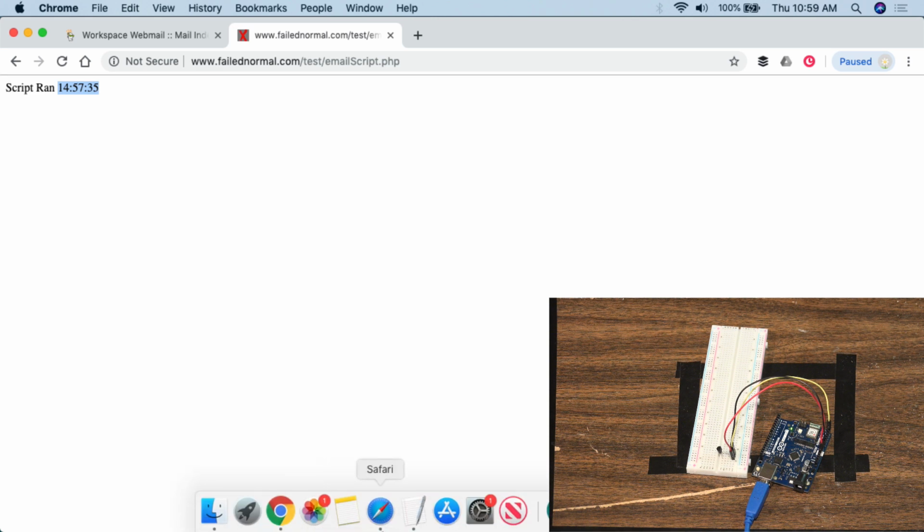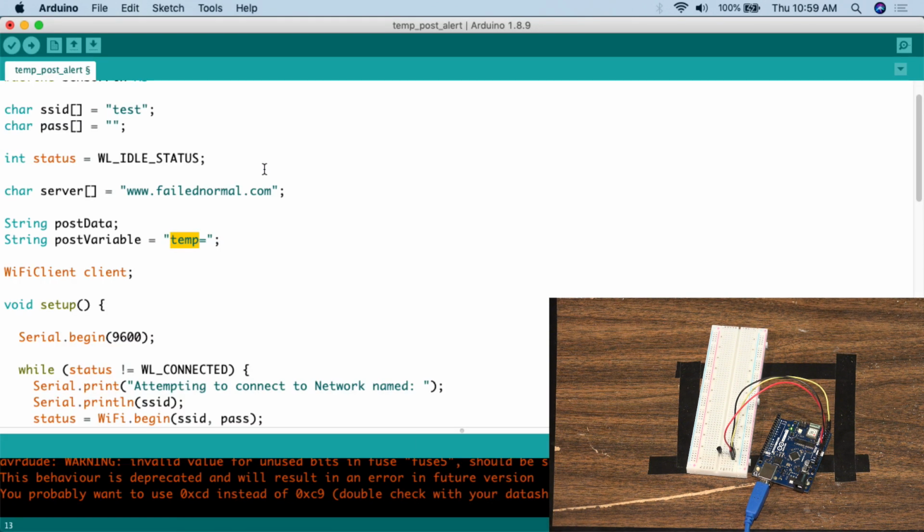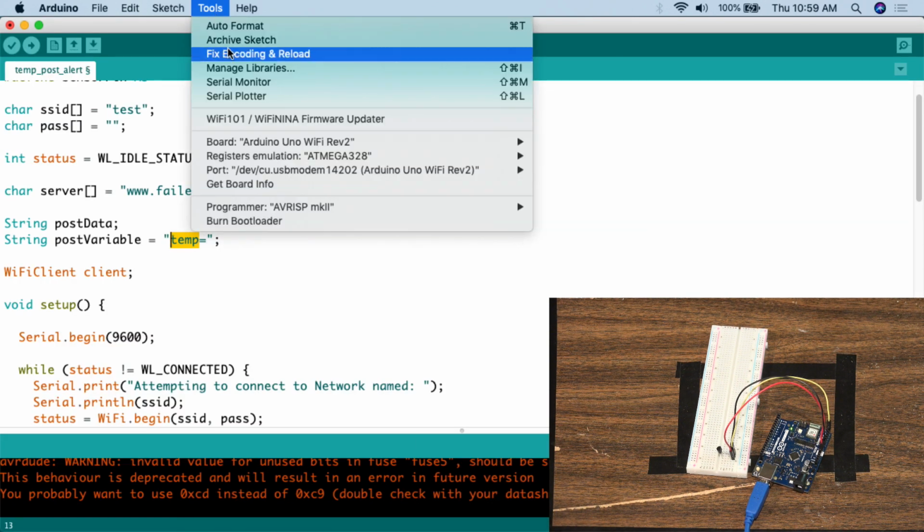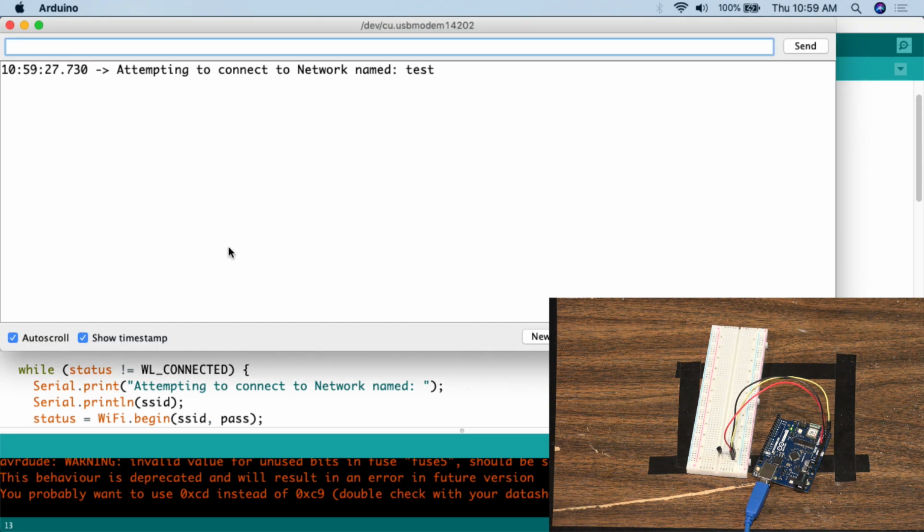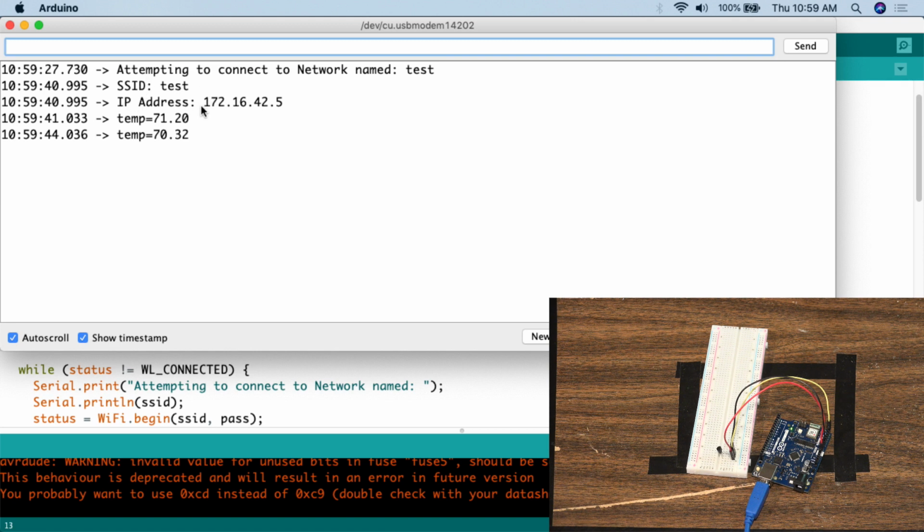So anyways, let's go take a look at the Arduino. We've got the Arduino here. We're going to go to Tools, then Serial Monitor. We're seeing it's trying to connect to the network name test. This is the basic normal thing that it goes through. In a few seconds, we'll get our nice little IP address, and then it'll start spitting out the temperatures. Okay, so SSID is test, and the IP address is